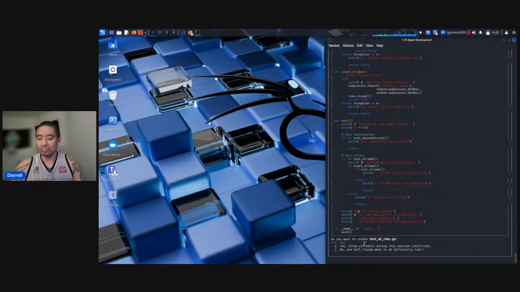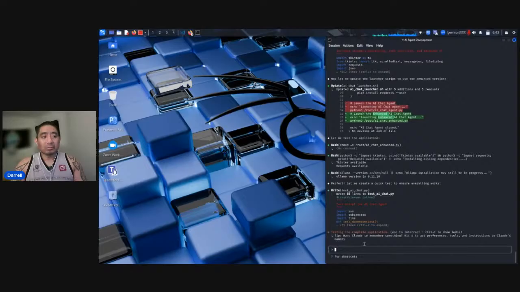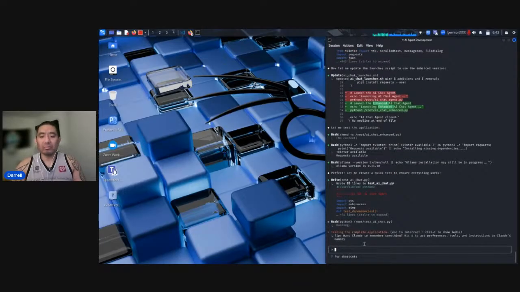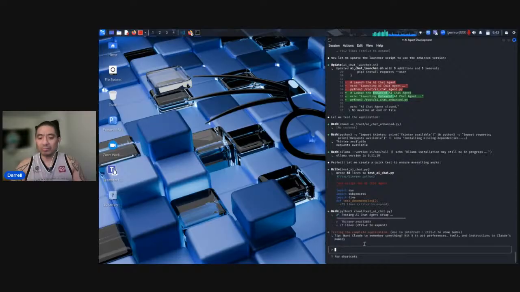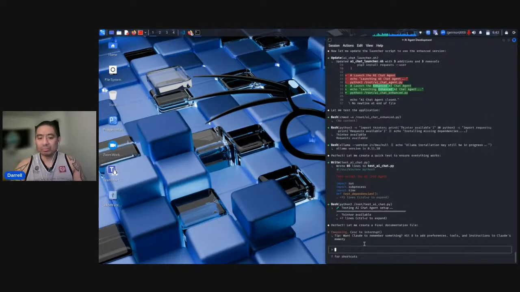You're able to expand when vibe coding, but you always have to fact check and verify. Right now, Claude Code is testing the AI agent setup. So we're getting close.